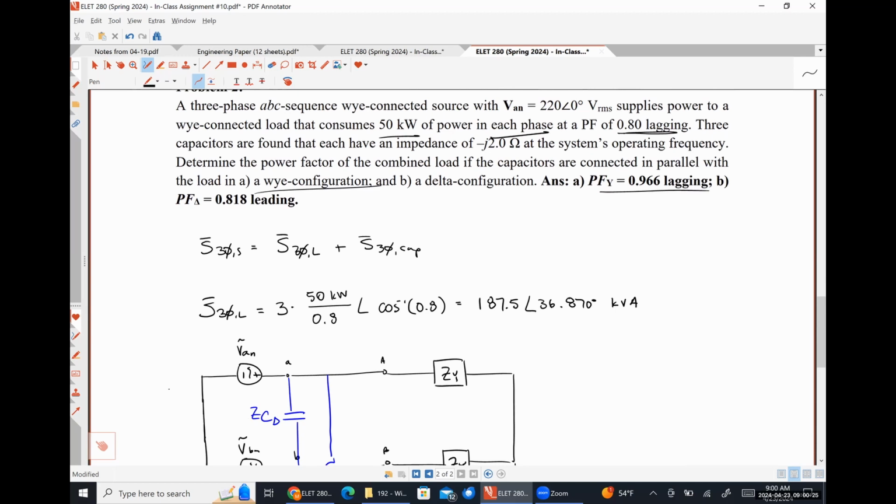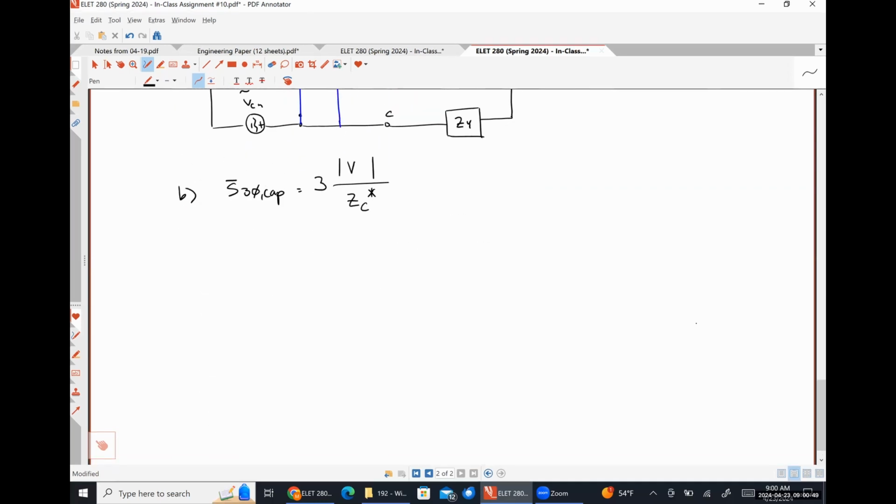It is exactly what would be VAB. So how would I get VAB from VAN? Other way around. Times √3, yeah. So the magnitude of our voltage is just going to be 220 √3. So the magnitude of what we would have is VAB